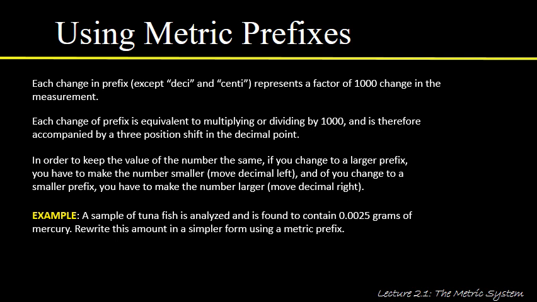A sample of tuna fish is analyzed and found to contain 0.0025 grams of mercury. We want to write this in a form that is simpler using a metric prefix. All right. So what we want to do is get rid of these extra zeros here that we don't need. So let's remind ourselves